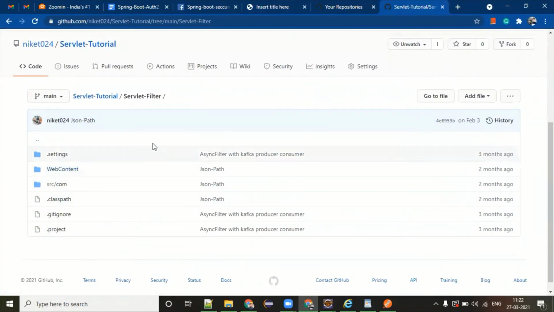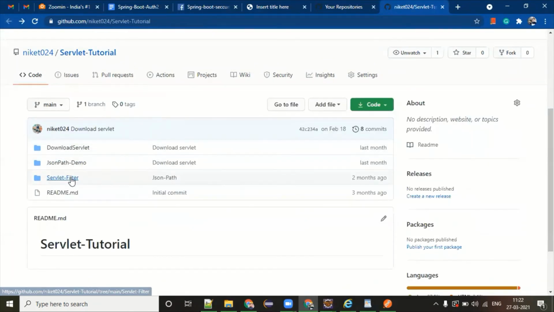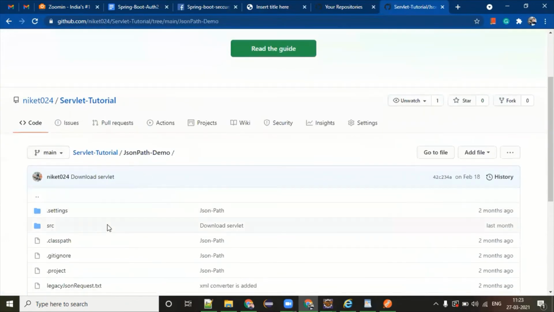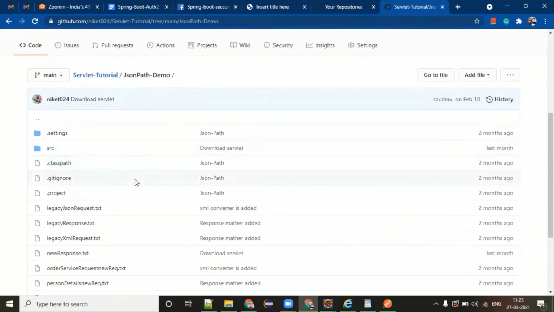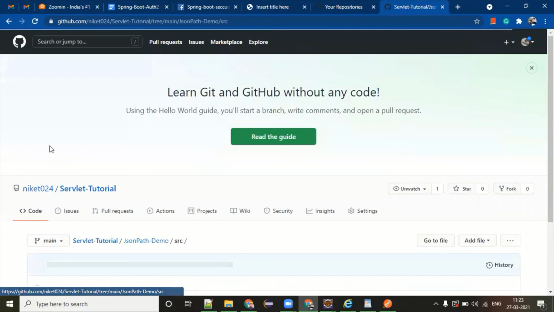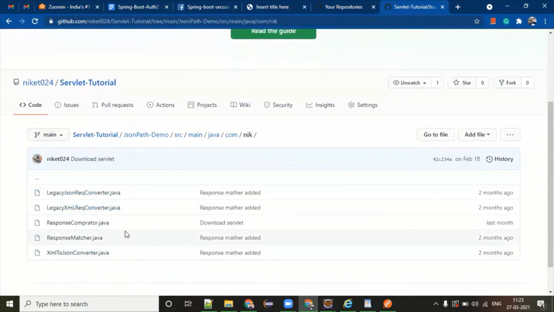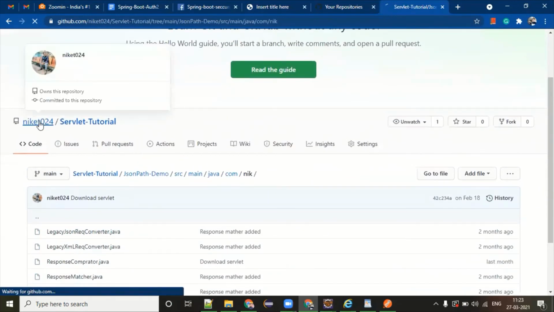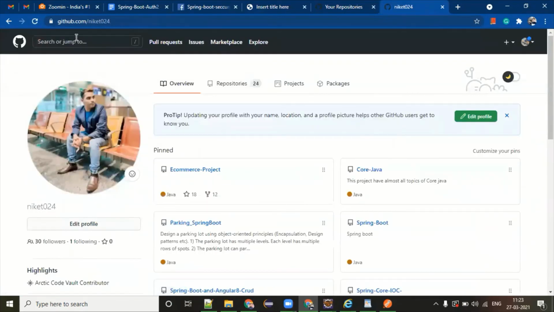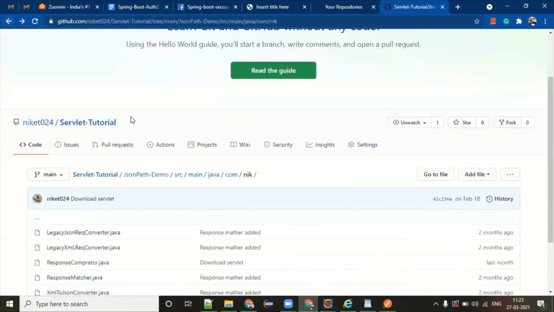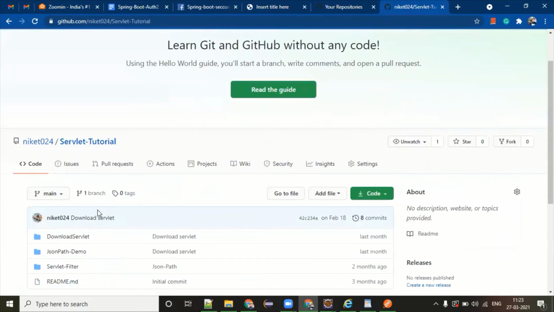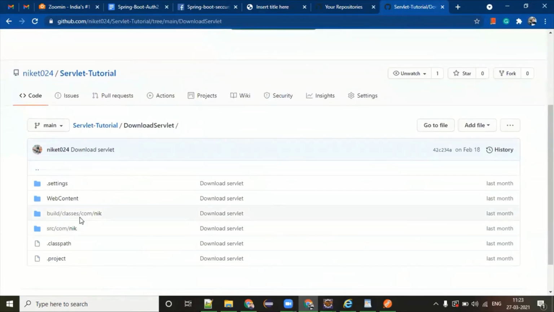So if you go to this servlet filter, in olden days, in fact, this one path demo I was using, right? It is SRC. Go to main. Not even this. Where are you? It's the download servlet, which is holding the filter.